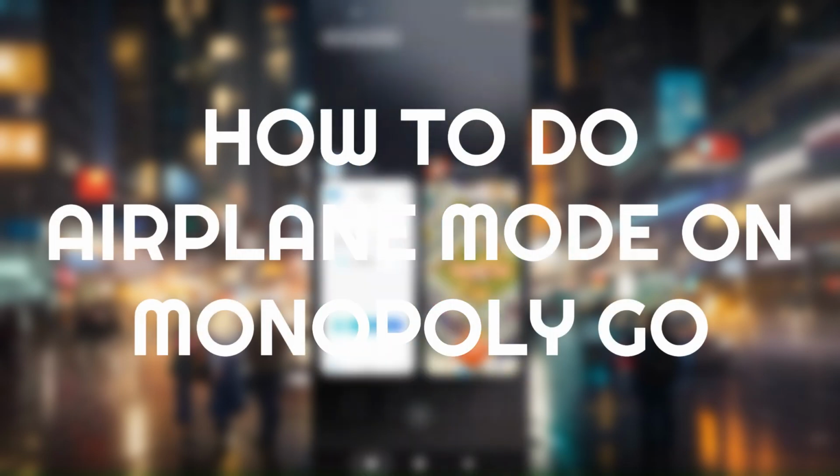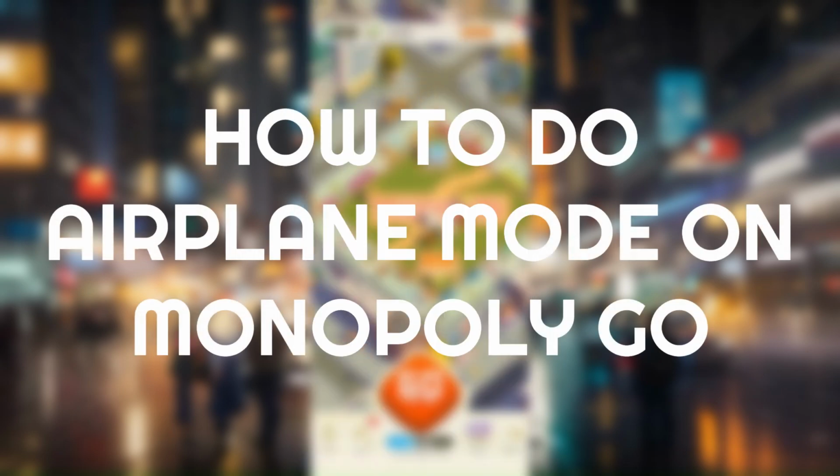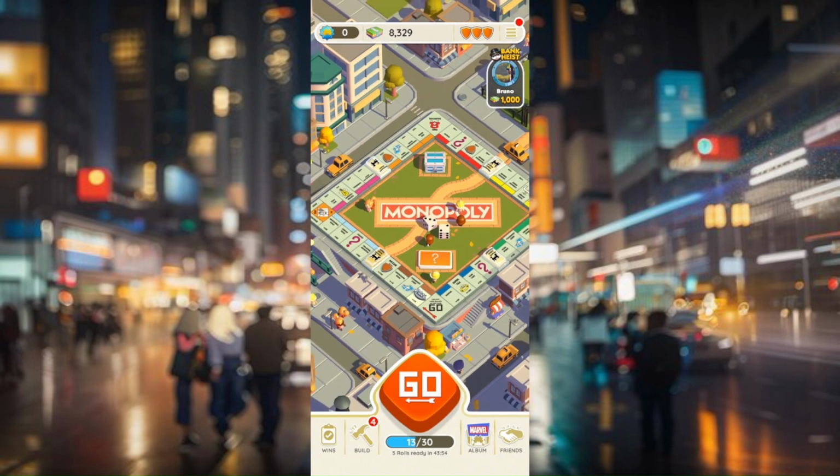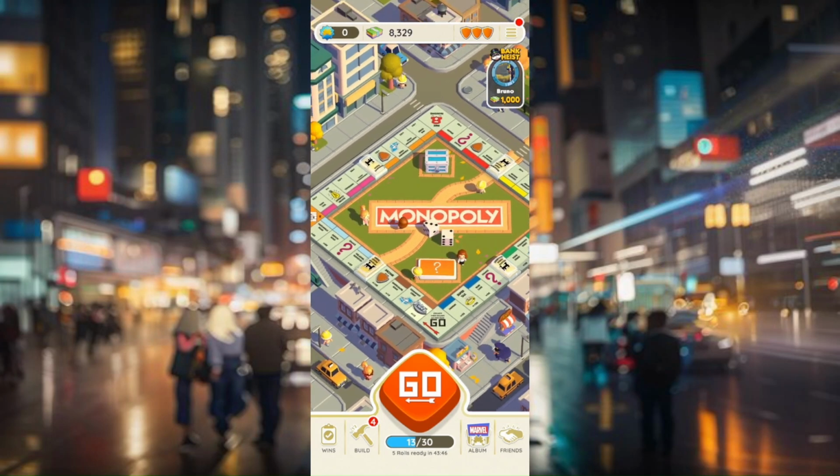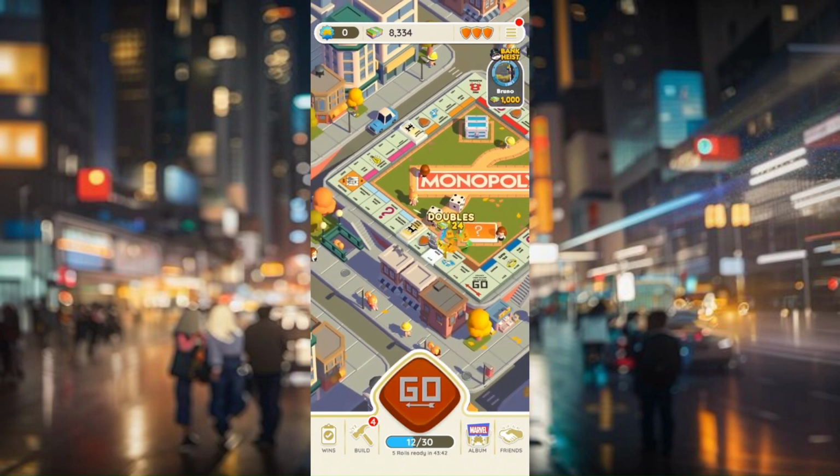How to do airplane mode on Monopoly Go. Now, this is only a glitch and it's not going to be 100% working, but you can also try it on your end. Now, this is preferably for only if you, say, for example, you roll a dice and then